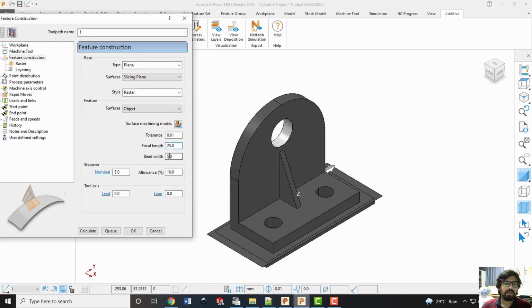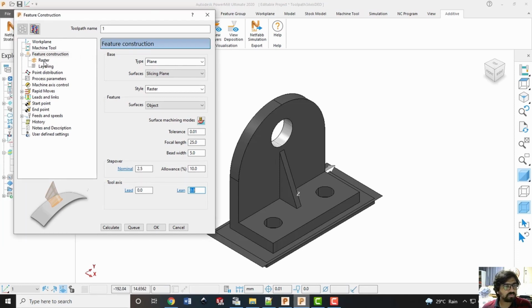Then bead width is nothing but the deposited bead geometry's width, how much width you are obtaining. Assume that it is 5 mm, default value written here. Then next is step over. So step over, we know already, it is nothing but the distance between two consecutive passes in the xy plane or in the deposition plane. So if I say 50% overlap, then the step over should be 2.5. Tool axis, let us consider it to be a lead and 0 0 right now, because we are going to build only in z direction.